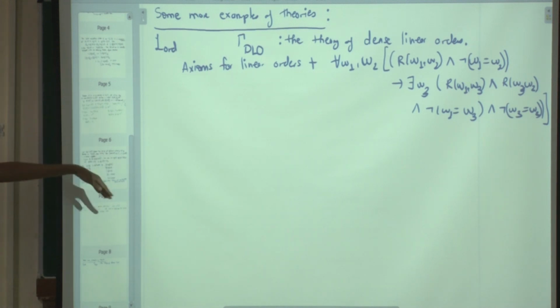Yes, here we are simply saying that if A is strictly less than B, then there is a C in between, which is strictly less than. And here, no matter how you interpret R, yeah, R can be interpreted as less equal or strictly less than, we are always taking care of density. So this is the theory of dense linear orders. Sometimes we'll be interested in this theory when it has no minimum element and no maximum element, but you can write that down. Yeah. So no minimum and no maximum and dense.